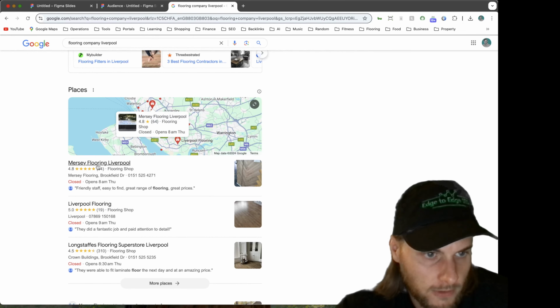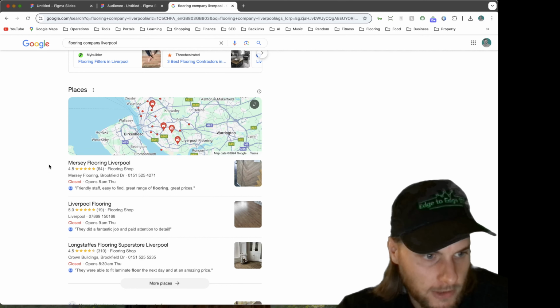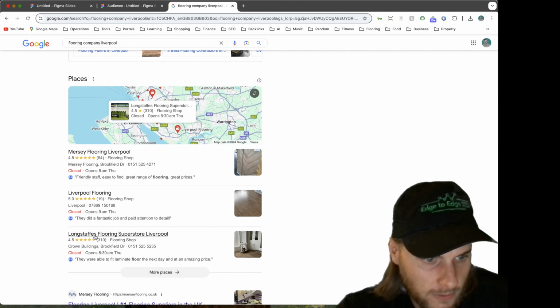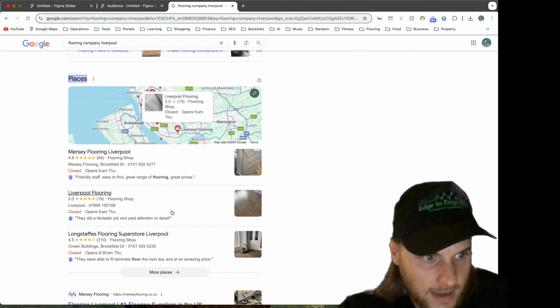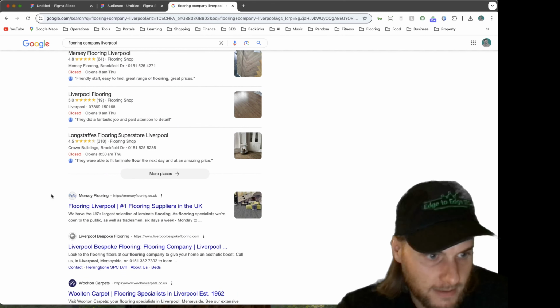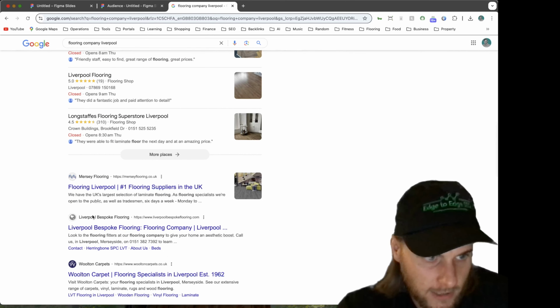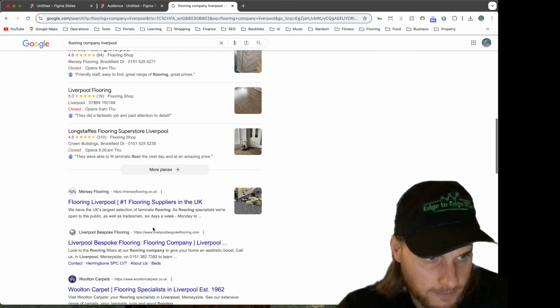If you hover over that, it's pinpointing exactly where they are on the map, and this is the case for all three of these. So for any local business trying to get any kind of local work, this is it. You want to be focusing on Google Maps above all else, and then Google Organic. Again, these top 3 spots here are really the only ones that you should be aiming for, because they are the most lucrative.